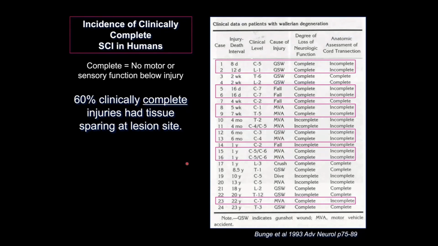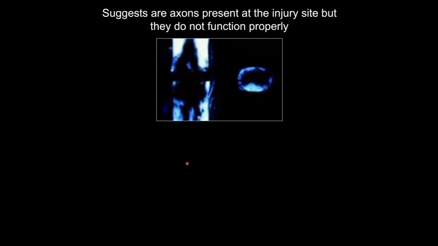So there was tissue remaining, but it clearly was not functioning properly for the individuals because they had no function below the injury. A typical human spinal cord injury is often a contusion-type injury that occurs due to car accidents or falls. You get a large central region of damage at the epicenter, and the lesion tends to spread rostrally and caudally. But around the rim of the tissue you see a spared rim of white matter. This is typical of almost all spinal cord contusion injuries. We have this tissue remaining, but oftentimes it doesn't function properly.